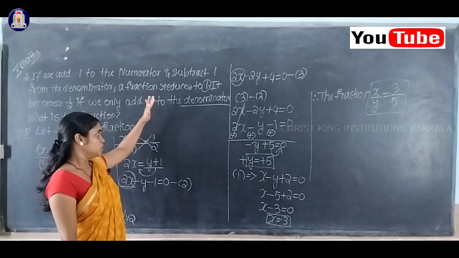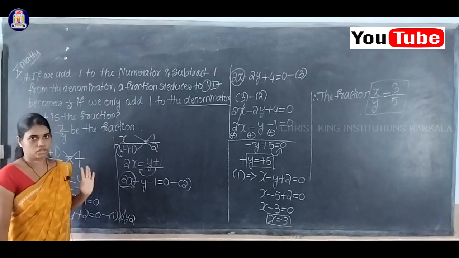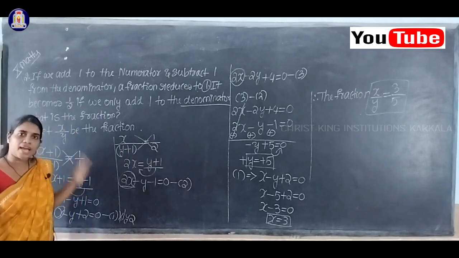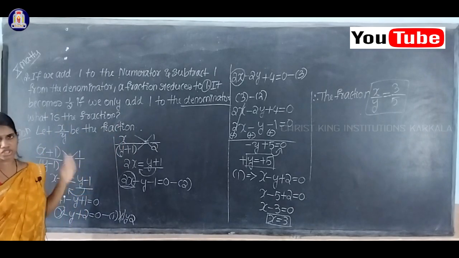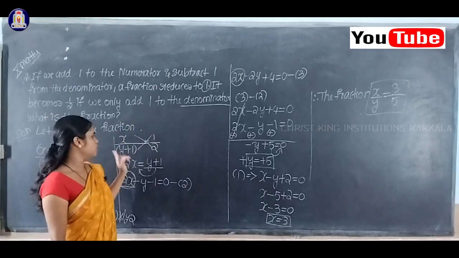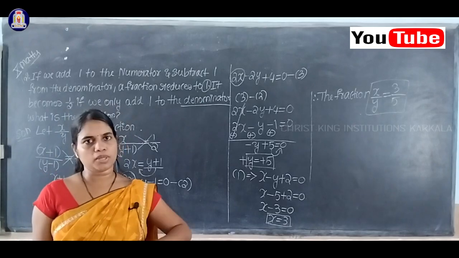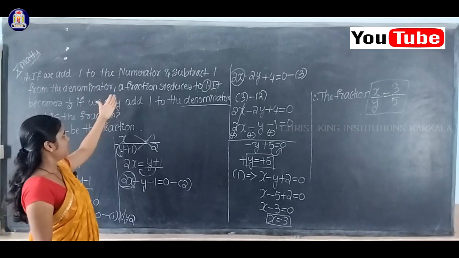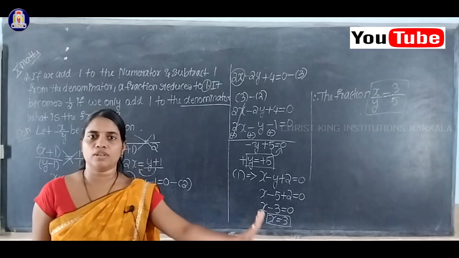Important question. First of all you have to know how to make an equation by looking at the condition. If they did not mention the numerator, the numerator value will be as it is. You need not subtract or add any number. x means x only, it will not change. Only for the denominator, as per the condition given, you have to add 1. If they ask for both the numerator and denominator, you have to add 1 to both. If they ask only to add 1 to the denominator, then only the denominator changes, and the numerator will be as it is.